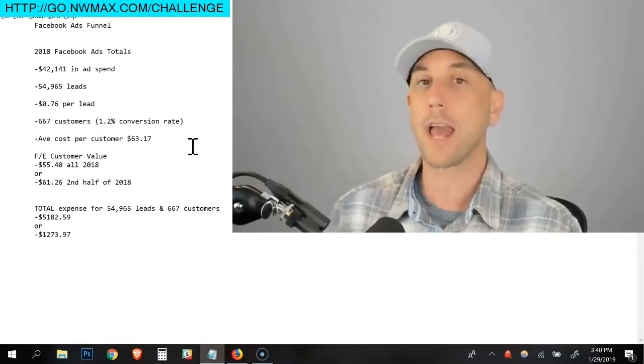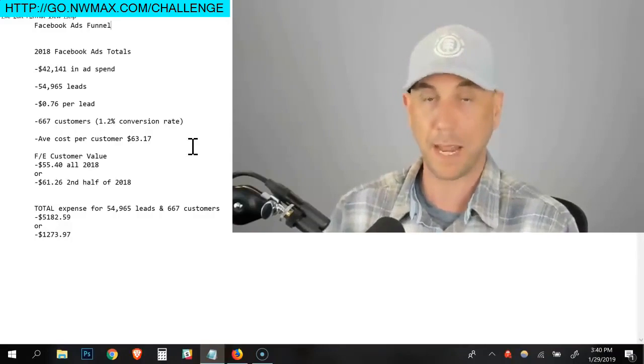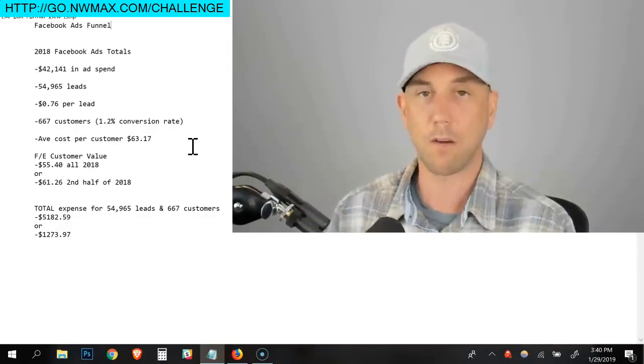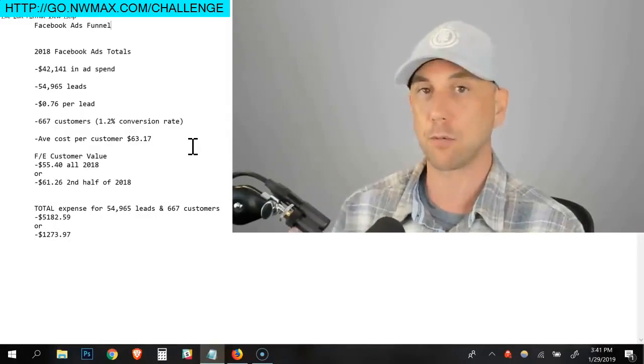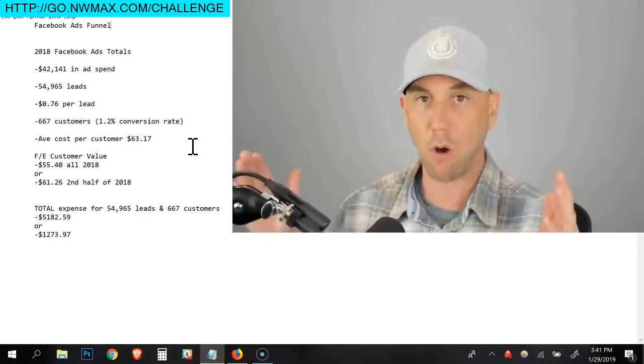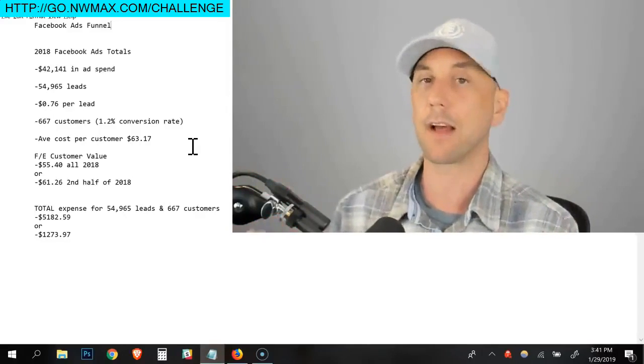$63.17. For the front end customer value, I use SamCart, which I love, the cart I use for running paid ads to, milesbeckler.com/Samcart. They show me what my average customer value is. When I zoom out to all of last year, that number was $55.40. When I focus on the second half of last year, it was